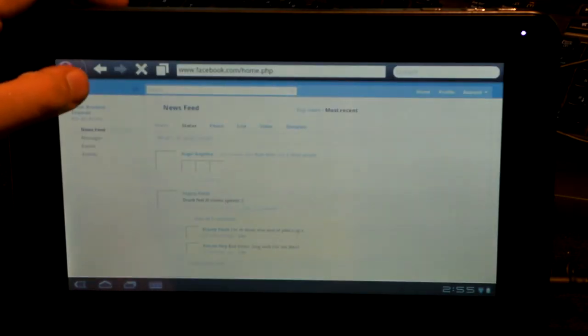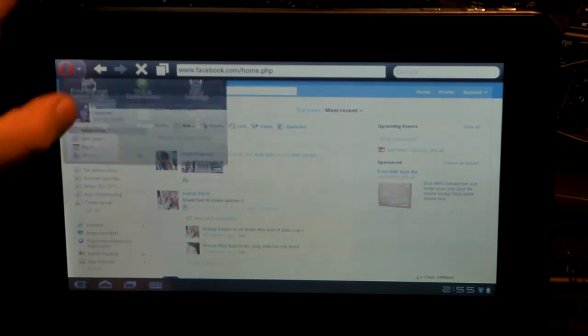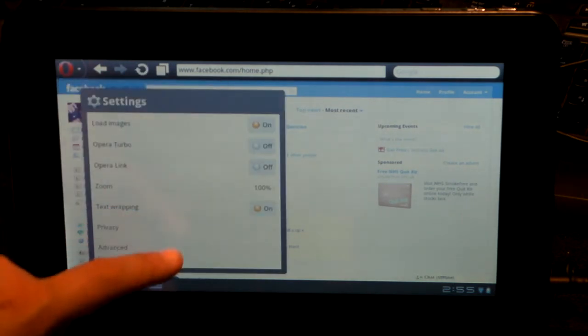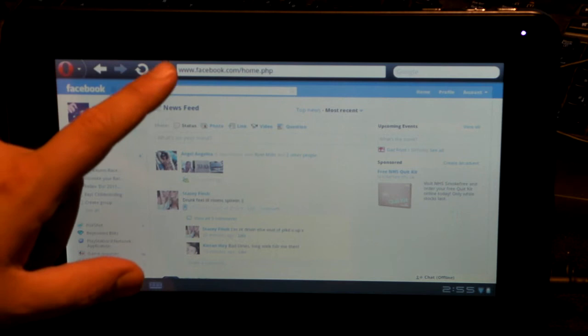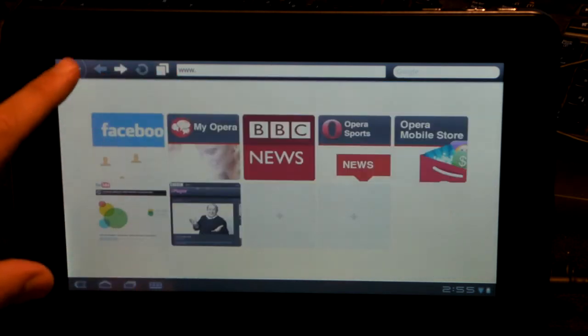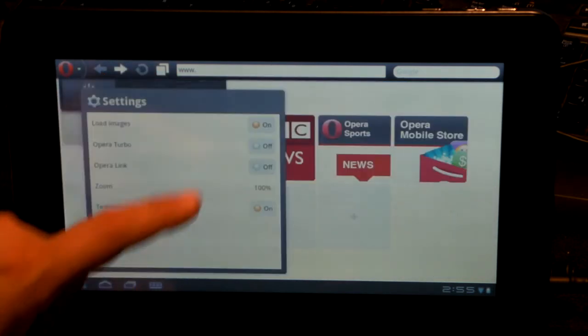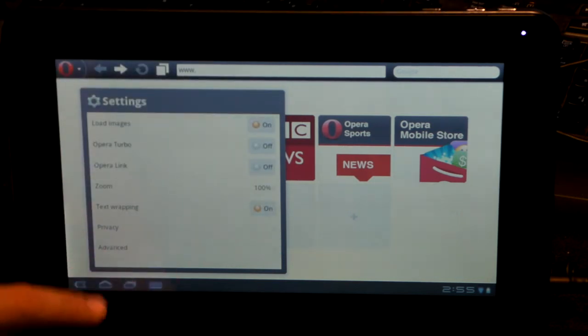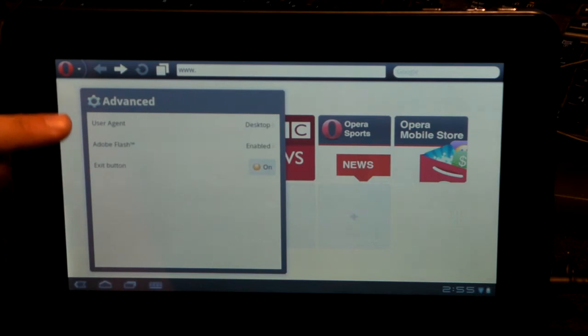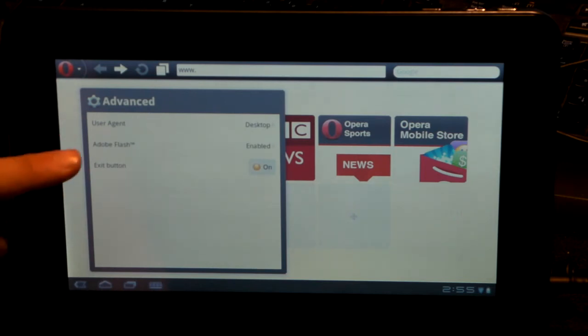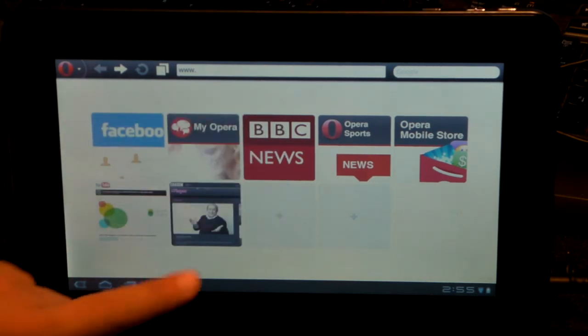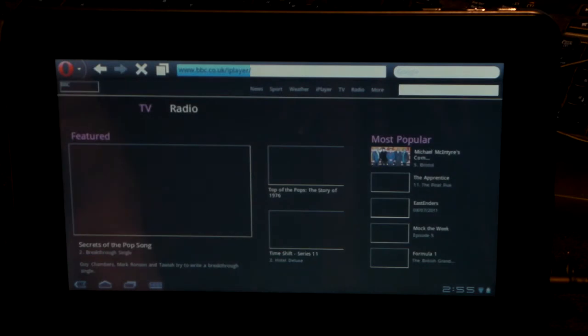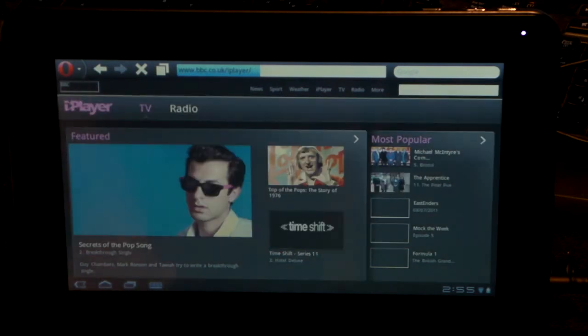One thing I do suggest you do when you go into here, see, I've been playing on Facebook and doing some testing on there, is if you go to Big O and hit settings and go to advanced, not privacy, go to advanced and change the user agent to desktop and Adobe Flash to enabled. That way it will always show Flash and it will show the desktop version of the website rather than the mobile version. So the first site we're going to test is iPlayer, which for those of you outside the UK,